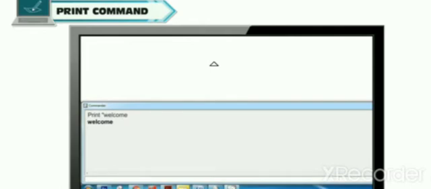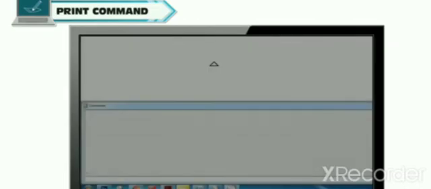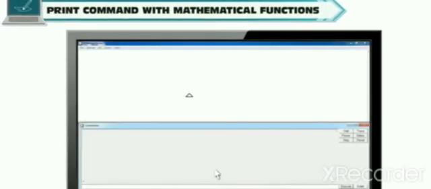In order to print a sentence, type the print command in the input box, give a space and open a square bracket, type your sentence and then close the square bracket. Press the enter key to see the result. Example: print space, open bracket, my name is Apurva Sharma, close bracket, will give the output: my name is Apurva Sharma.